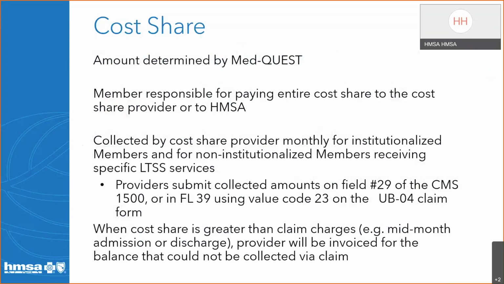Amounts collected will be reported on a CMS 1500 claim form in field 29 or on a UB-04 claim form in field locator 39 with value code 23. If the cost share collected is greater than the claim charges, the provider will be invoiced for the amount that is not covered by the claim.